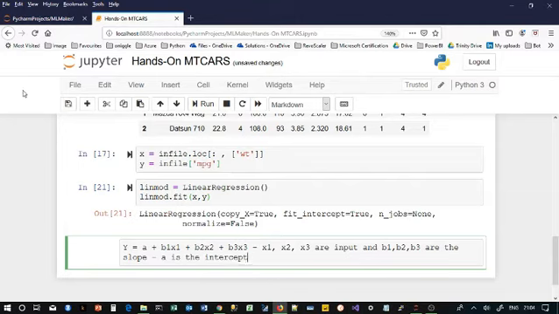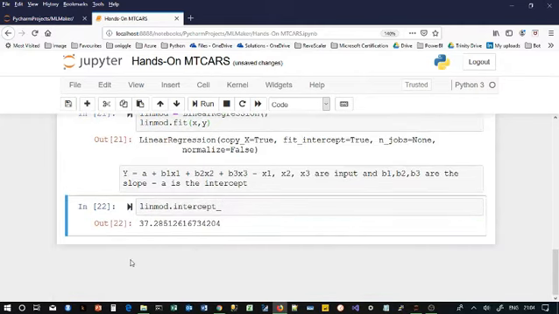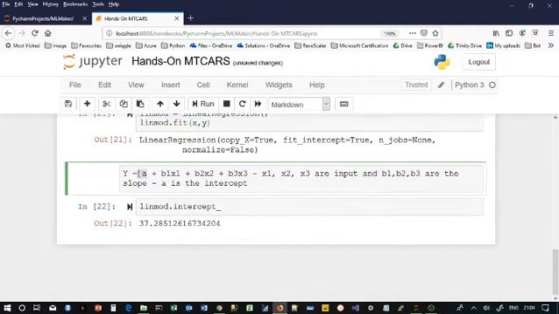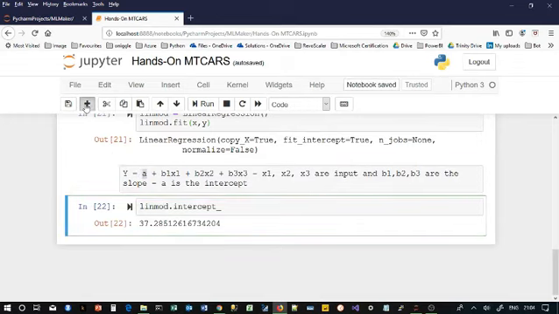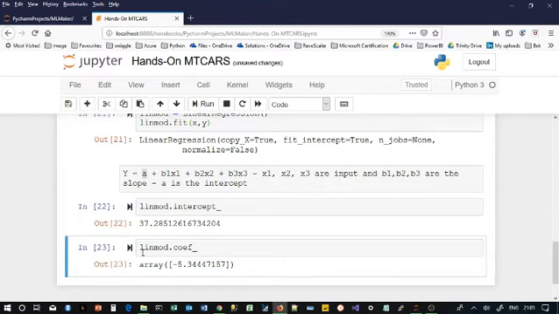Now we need to extract this. We have given only one input field, so if I type linmod.intercept_, I can extract a, essentially the intercept, and if I look at linmod.coef_, I can essentially get the coefficients.